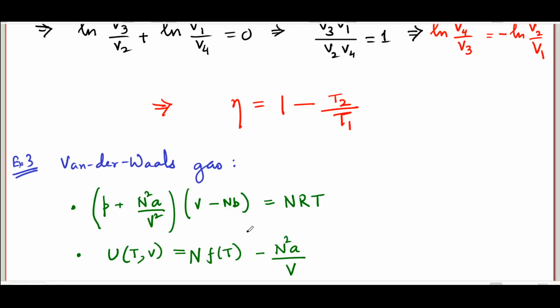Unlike the case of an ideal gas where the U depended only on temperature, at least U per unit mole, U by N depended only on temperature, you have to have volume dependence here as well. This is sort of easy to understand from the microscopic picture which we use to quote-unquote derive the van der Waals equation. There, let me remind you, the term n squared A by V square basically takes into account the